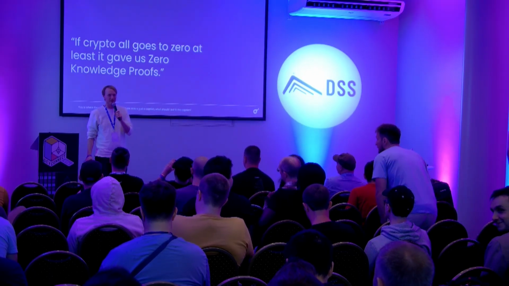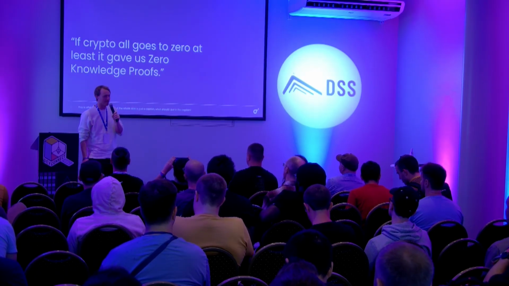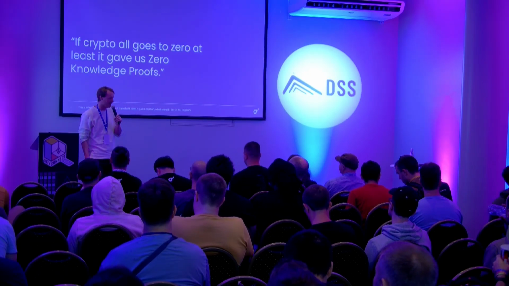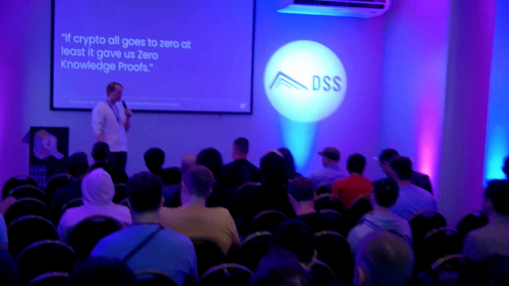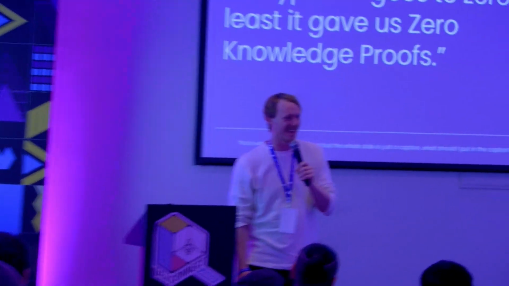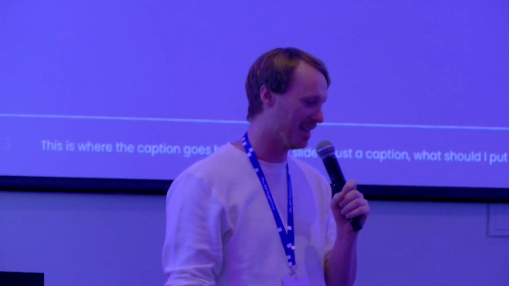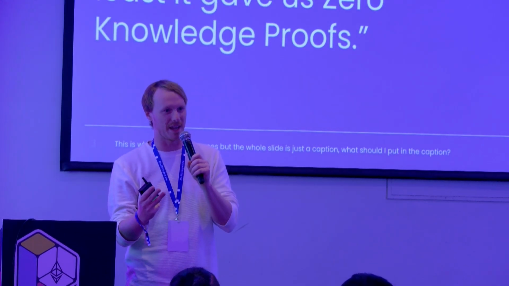So, first of all, you guys heard Jeffrey earlier on in the session. This quote is from him, but he was quoting someone else, and so I have absolutely no idea who originally said it. But if crypto goes to zero, at least it gave us zero-knowledge proofs. Zero-knowledge proofs are great. They're absolutely unreal technology, and RISC Zero is what brings us to everyday people without needing